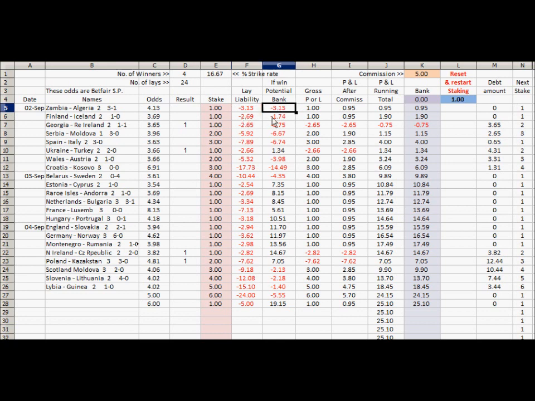And column G shows the potential damage to your bank if you hit a winner with that lay. Now once you know your result, put your result in column D, leave it blank if you hit a loser, or put a 0 in, and put a 1 in if you hit a winner. Column H shows profit or loss without commission taken off, and column I shows profit or loss with commission deductions,